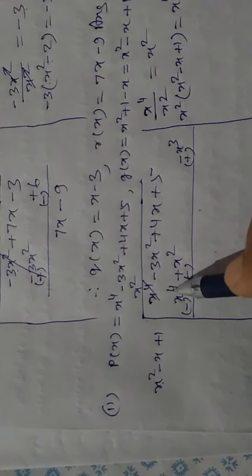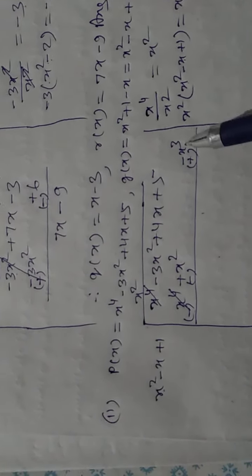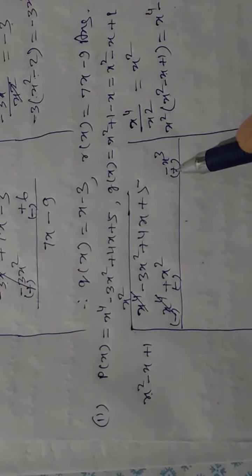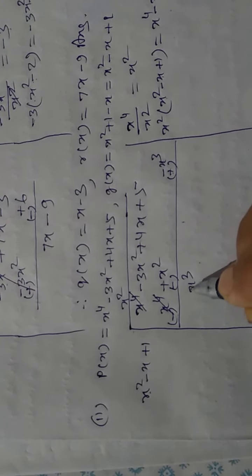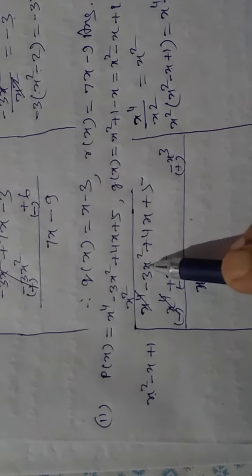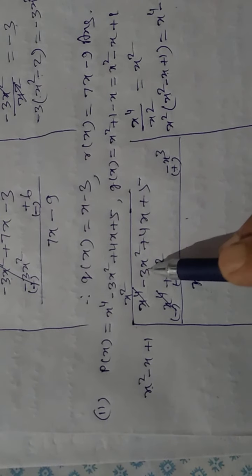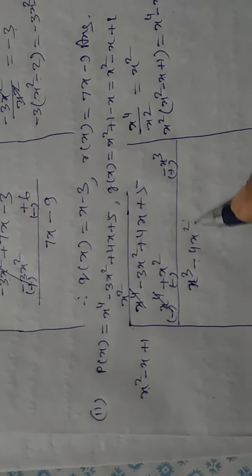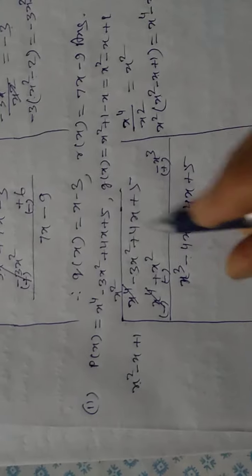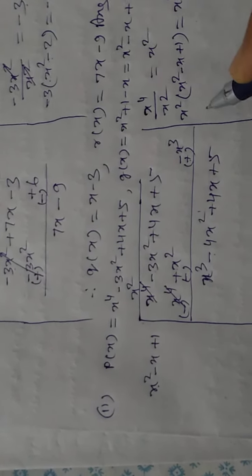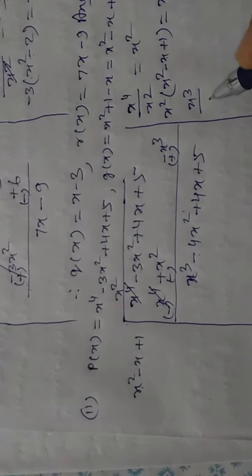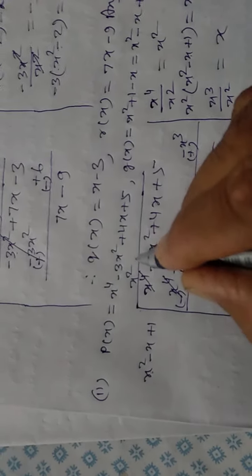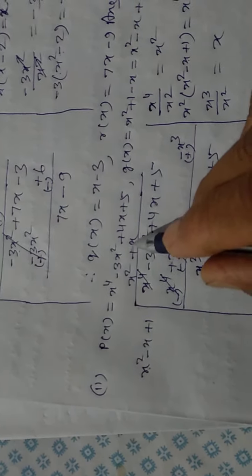This x to the power 4 minus x to the power 4 cancel. Now first you will write the highest power. This is power 2 and this is power 3. You will write this term, and it is plus x cube. Now see, minus 3x square minus 1x square. Both are negative, so you will write here minus 3 plus 1, 4, minus 4x square, plus 4x plus 5. Now divide this x cube by x square. It is x to the power 3 minus 2, 1. Now here plus x.